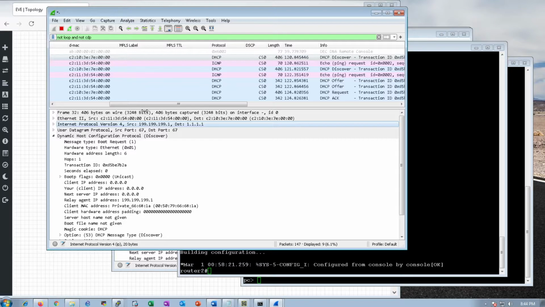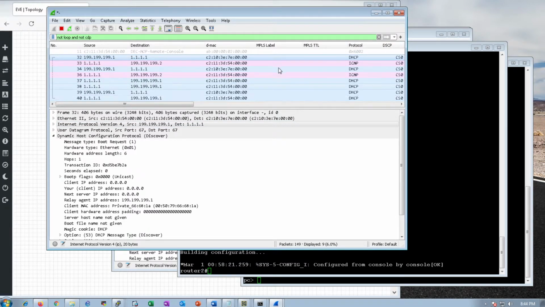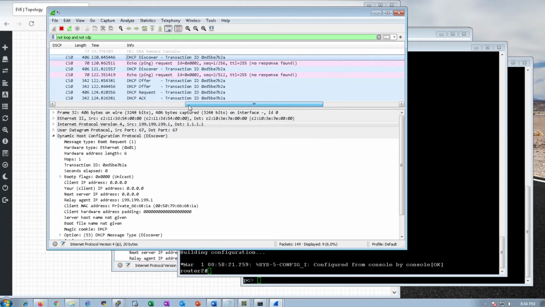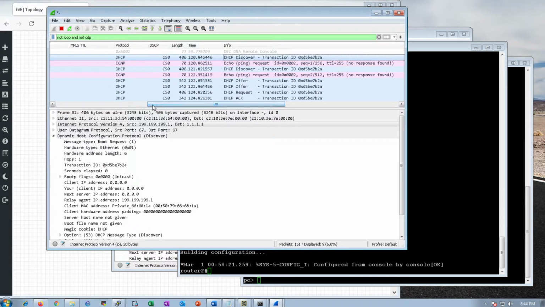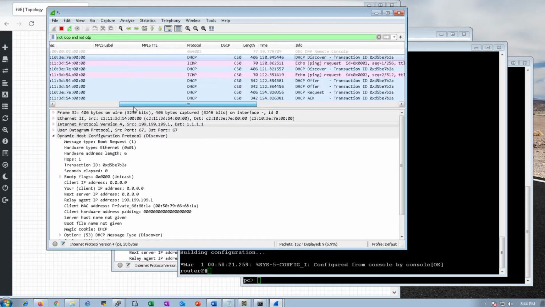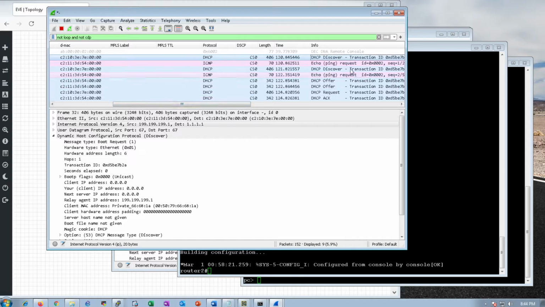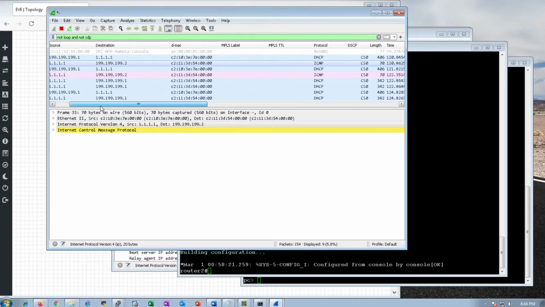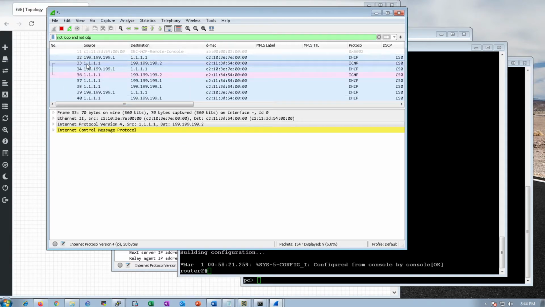I'm going to show you some instrumentation that's built in to a lot of DHCP servers. This is pretty interesting, and you might wonder what the heck this is if you look at it. The discover message as it arrives at the DHCP server is not followed immediately by an offer. What is it followed by? It's followed by a ping request. A ping request for what? Well, the source is the actual DHCP server, 1.1.1.1. The destination is